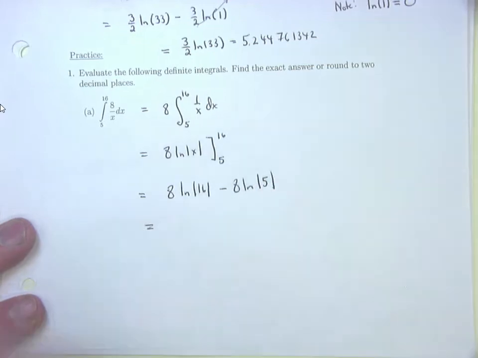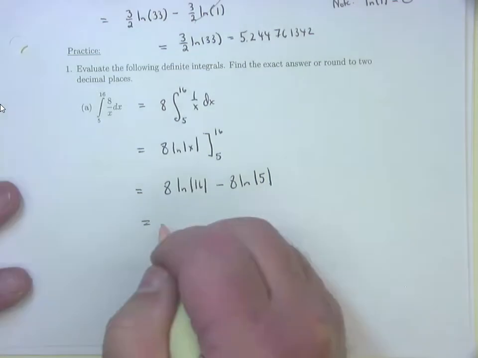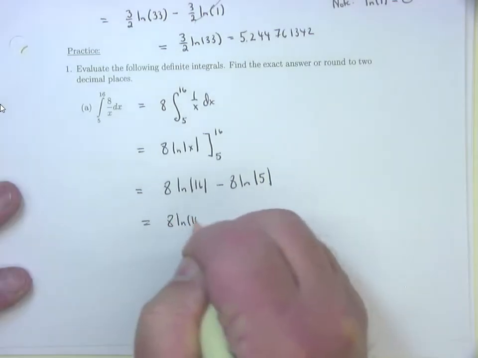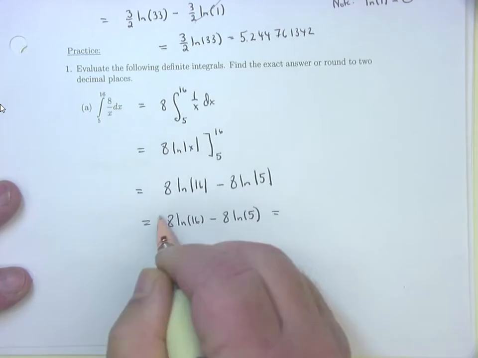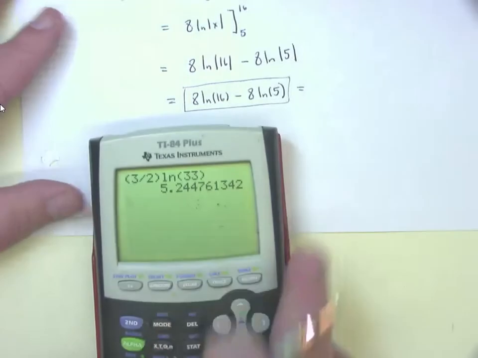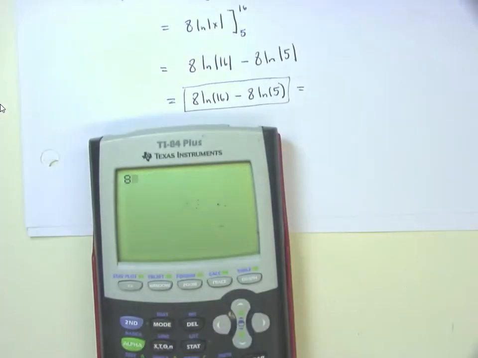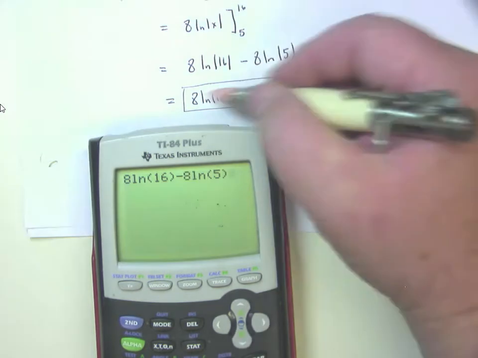And the last thing I'm going to do is this. What's the absolute value of 16, being it's positive already? 16. So you don't really need the absolute values on this one. So this would be 8 times the natural log of 16 minus 8 times the natural log of 5. And there's my answer, but they want it done as a decimal, so I'm going to put it on the calculator here. 8 natural log of 16 minus 8 natural log of 5. Oops, lost the 8 there. Natural log of 5. Type in exactly the way it looks, and I get